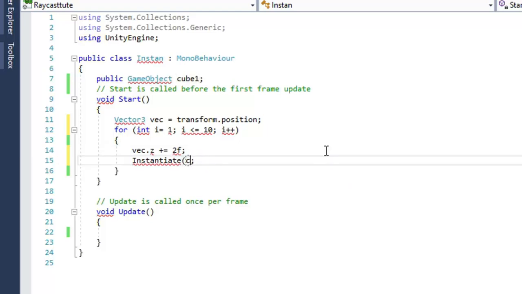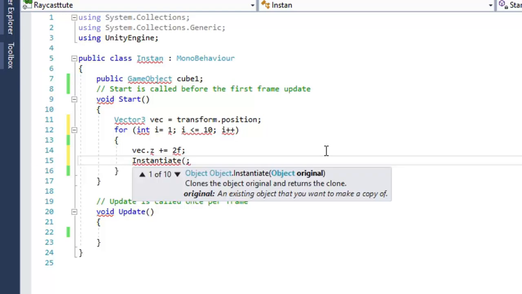Now let's see what kind of arguments we can pass here. The first one: we can pass only the game object which we want to instantiate. We can also use this method with three arguments: the cube, the position where the object will be created, and the rotation.